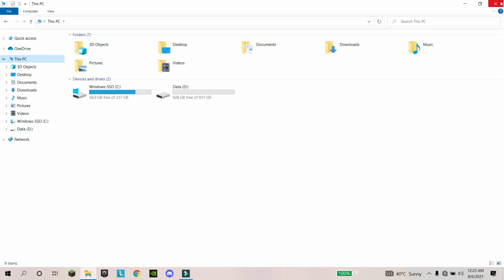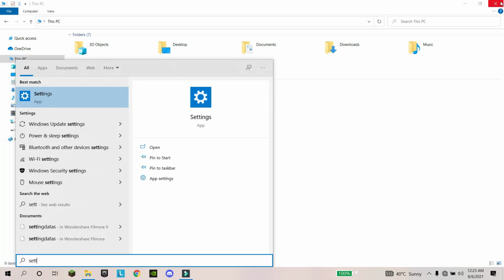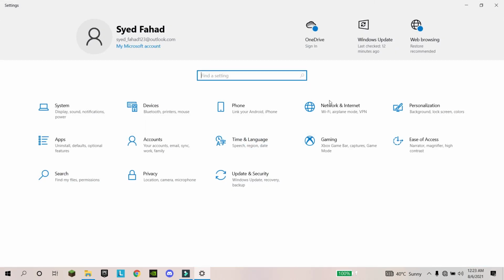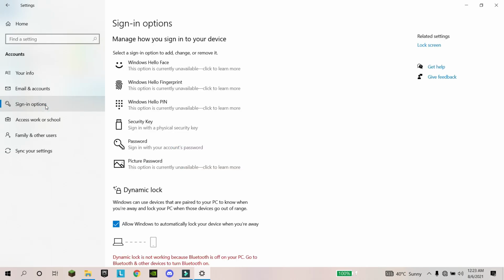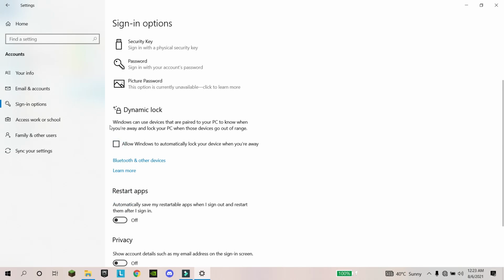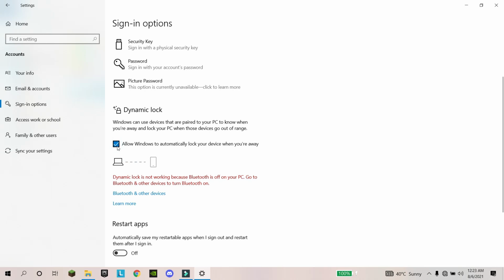Just click on the Windows button and search settings. Here you will find accounts. Click on accounts, and in this you will find the sign in option. Once you click on sign in options, you go down, and here you will see dynamic lock. In this dynamic lock, you can see Windows can use devices that are paired to your PC to know when you are away and lock your PC when those devices go out of range. So just click here, and